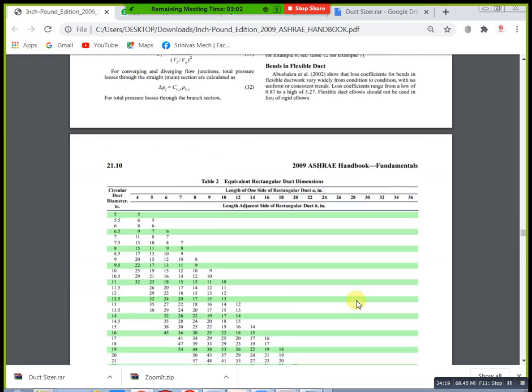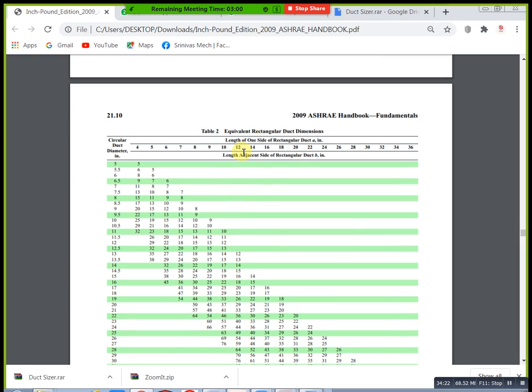At the same time, compared with your duct size, duct diameter, just draw like this. Between 10 and 12, you consider it as 11. Okay, 11 inch. Then we got our diameter value. Then go to the duct. Already we know our height. How much was our previous height? 12 inch, na? From the charts, not a duct sizer. You don't compare with the duct sizer, just take from the charts. In the previous condition it was 14 by 12, right? Our height is 12, so you take height 12. At the same time we got our diameter 11, na?